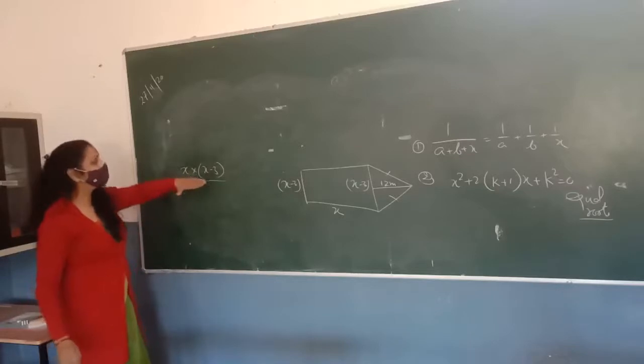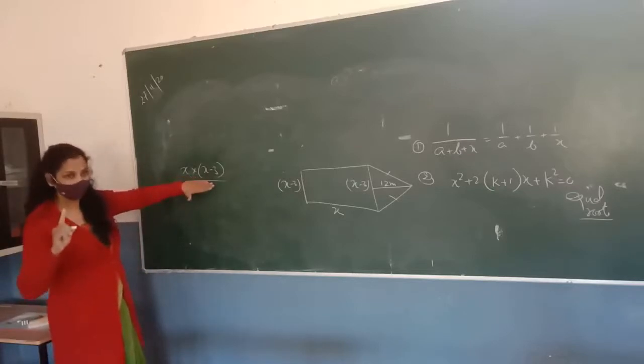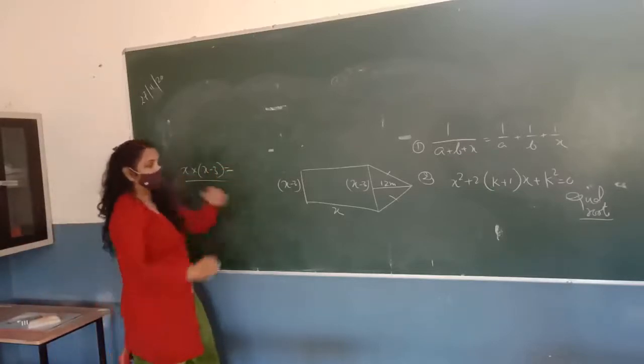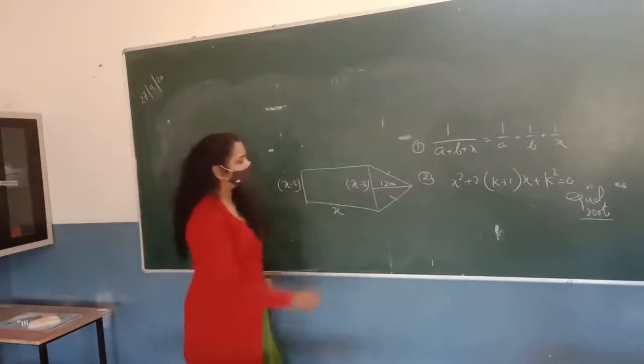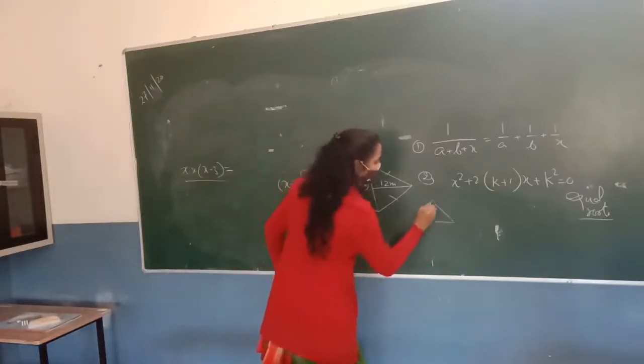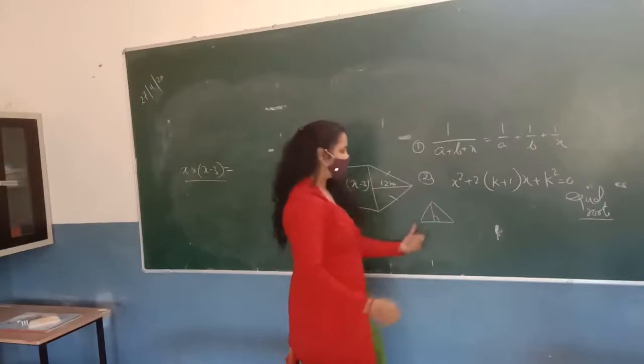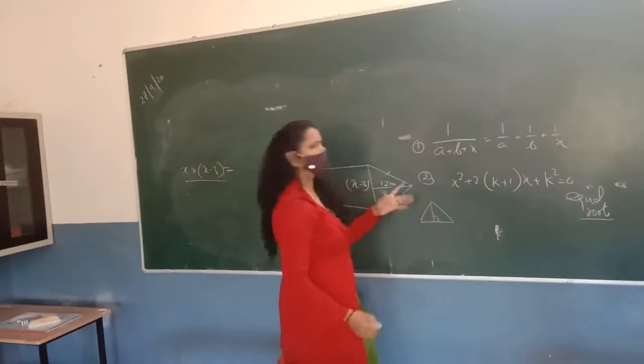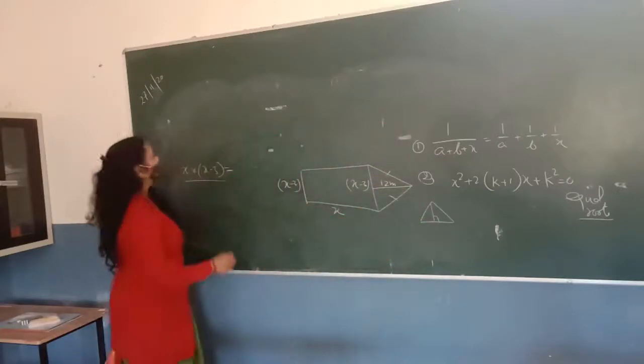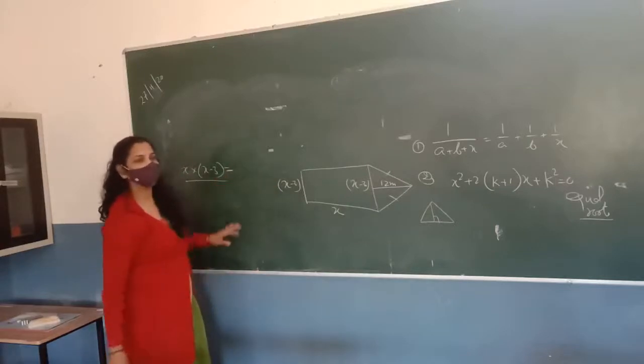Rectangle. Now this area is 4 more than the area of the triangle. What should be the area of this triangle? You know, for the isosceles triangle, the perpendicular bisects the base. So we can easily use 1/2 base into height. Otherwise, bisecting is not needed. Okay. So what should be the area of this triangle?